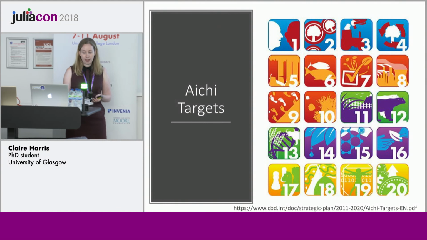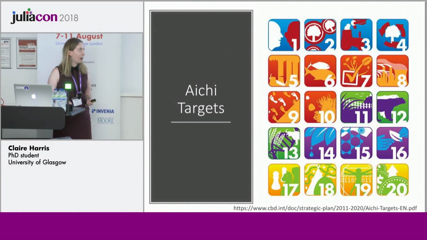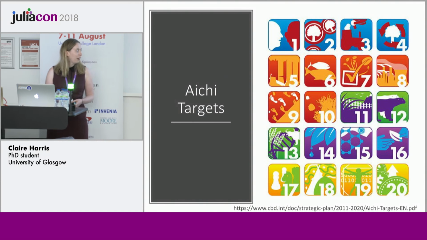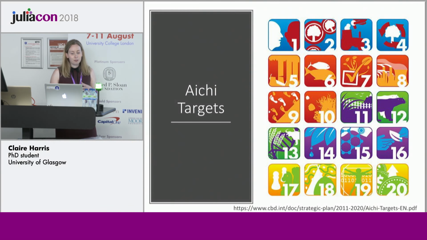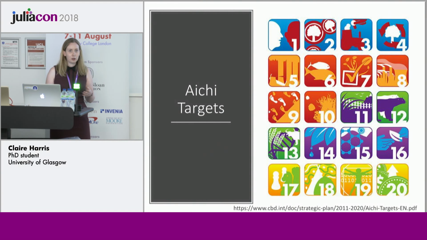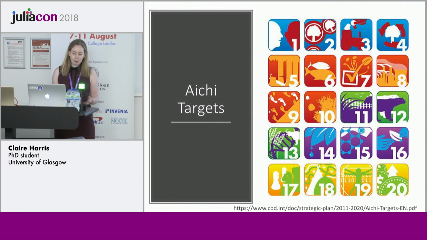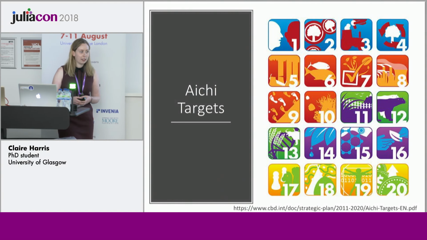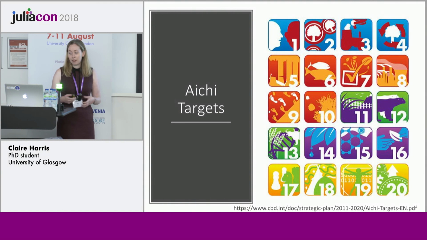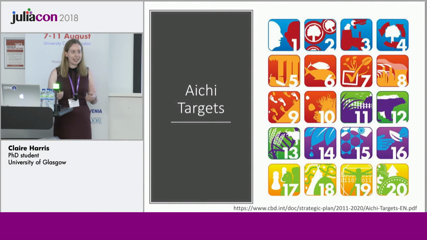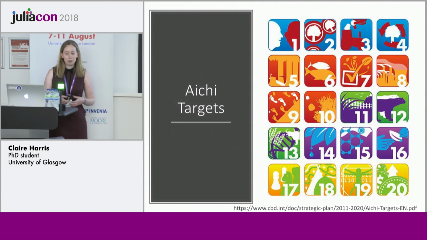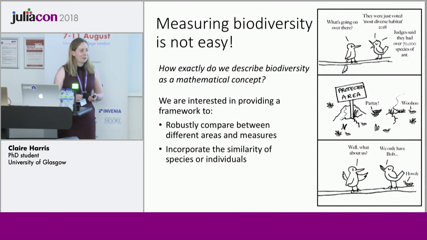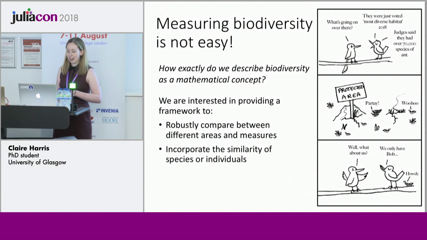Part of the problem is that although there were lots of targets set up called the Aichi targets, and you can check them out at that link if you'd like to have a look at them, they're looking at biodiversity from various different angles, things like agriculture and habitat loss and genetic diversity. But we really need a lot of data to be able to look at this globally, which is becoming increasingly available. But when we have the data, we need to be able to strongly quantify exactly what's going on.